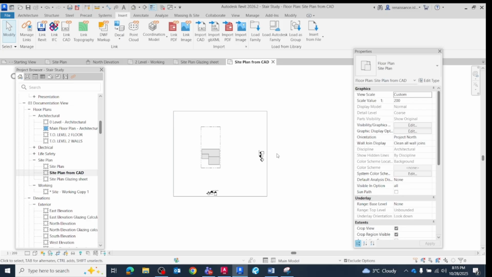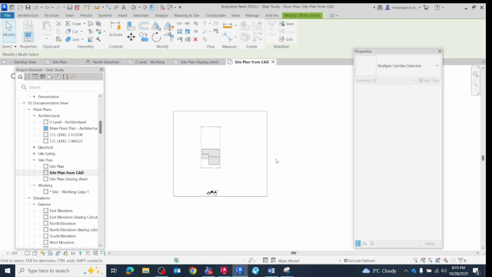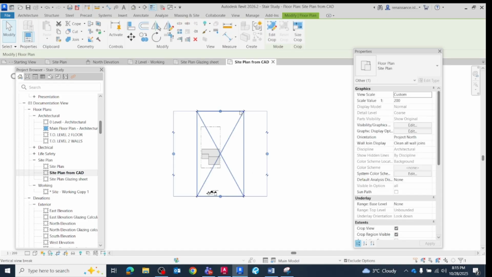Okay, so now I am on that page. Now these things, if you want to hide them, you can hide them. You can move those cameras further away. And this is my scope box. So if you go to properties,